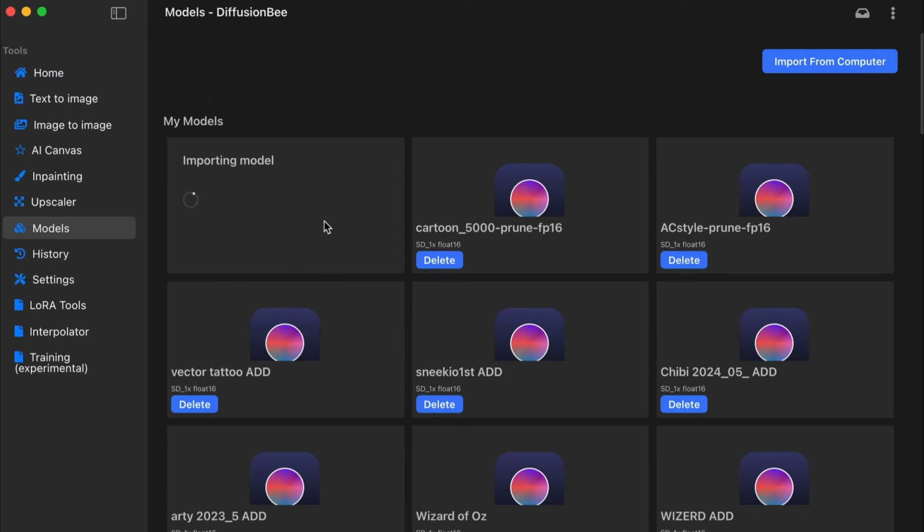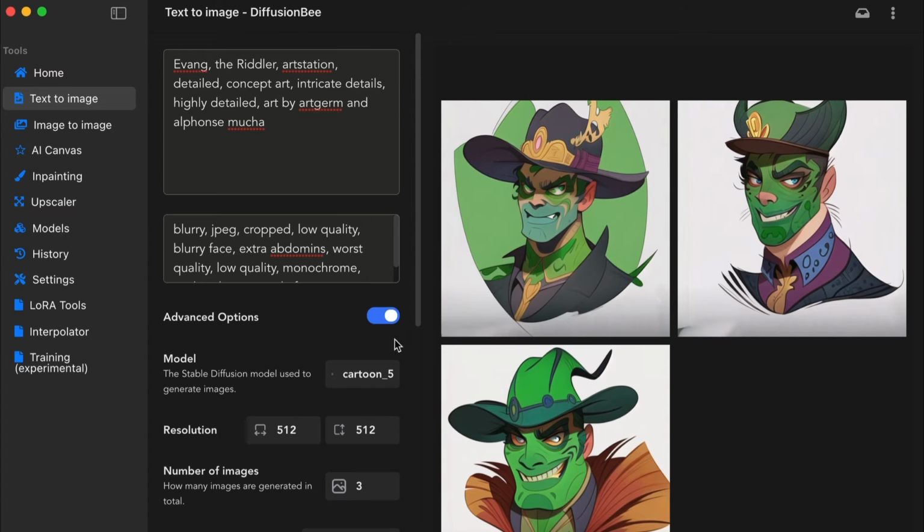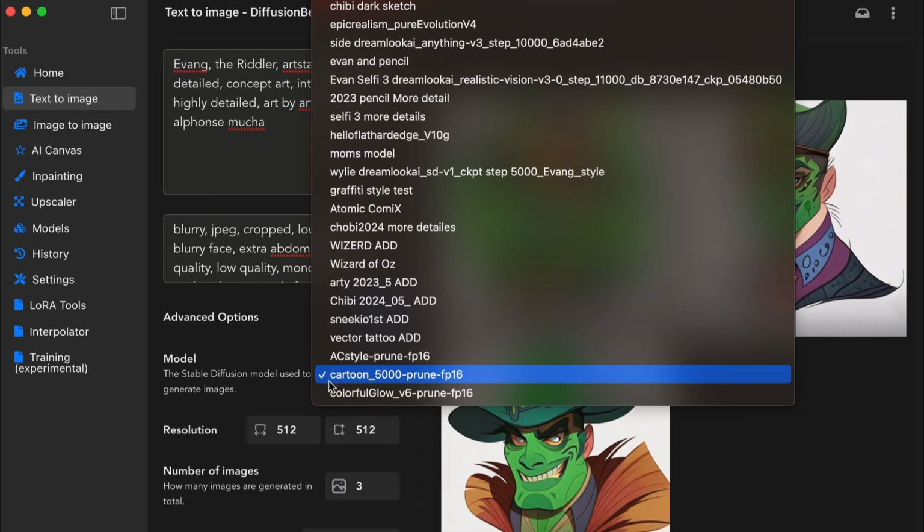Now it's loading. It's going to take a little minute for that to go. Shouldn't take too long though. It's the pruned version. Just a couple seconds here. And it should be done any old second here. There we go. So now under my models, on the very bottom, the brand new one that just loaded,